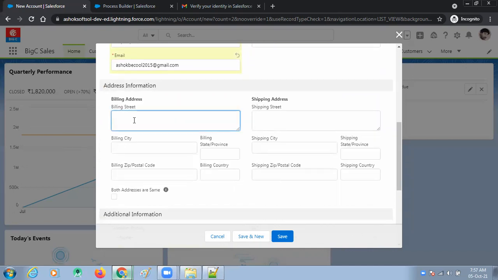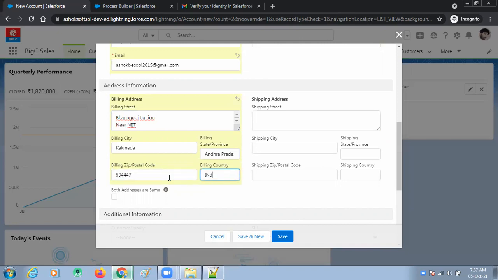Okay, billing address is Bhavangudi Junction, near NIIT. Billing city is Kakinada. Billing state is Andhra Pradesh. Postal zip code is 534447.